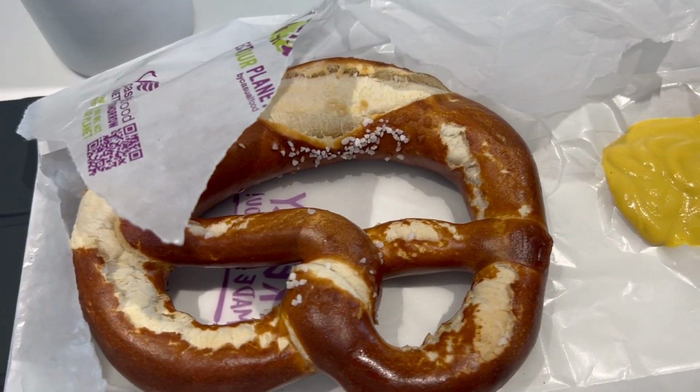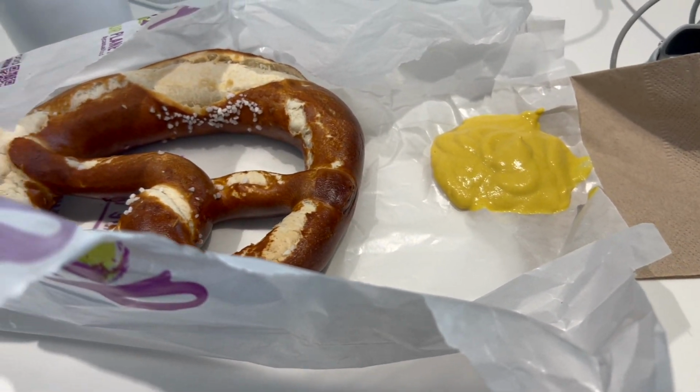Couldn't stop in Germany and not get a pretzel. It's a must. After finishing my pretzel, I got a glimpse of a furry friend that might be joining us on our flight. I've never seen this in an airport, or let alone in any building, so that was quite